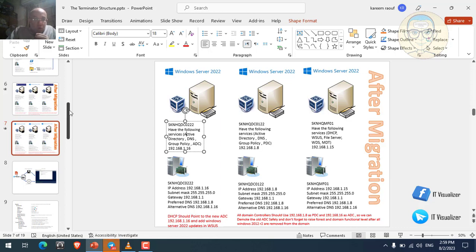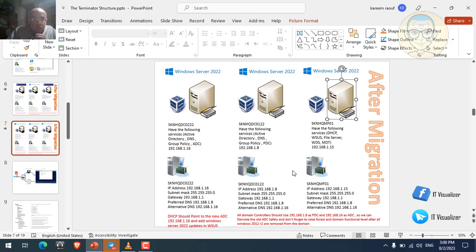Remember, our old additional domain controller is 192.168.1.7. So here we need to make sure that the alternative DNS on the three servers should be the same, the new additional domain controller. We can see here alternative DNS, alternative DNS, alternative DNS. This is on the new additional domain controller, on the primary domain controller, on the file server, WSUS server, and